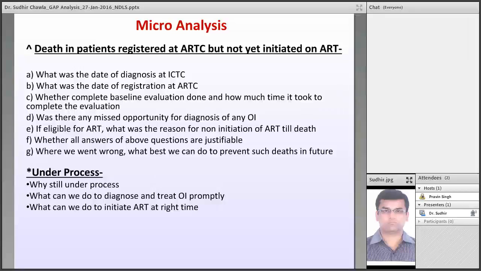Then coming to the defaulters. So what are the reasons for default? We have to look into whether anything is in our hand which we can control to prevent these defaulters, and for those who defaulted, whether we have done 48-hour telephonic tracking. What was the result of the telephone tracking? Whether patient agreed to come but still did not turn up,